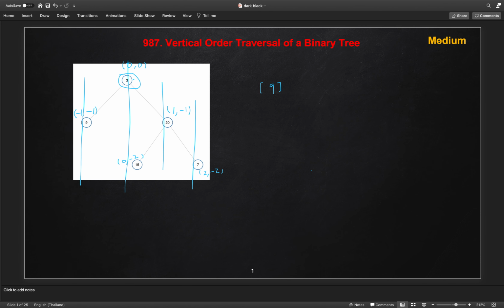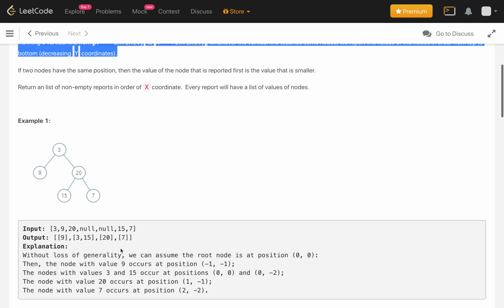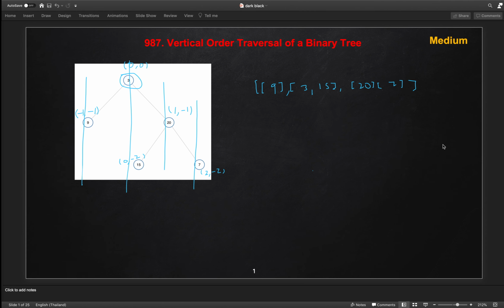The y coordinate of 3 is 0 while that of 15 is minus 2. So we print 3 first and then 15. After that the node 20 will come and in the last the node 7 will come. So this is our vertical order traversal of this tree. Here is the answer we created.